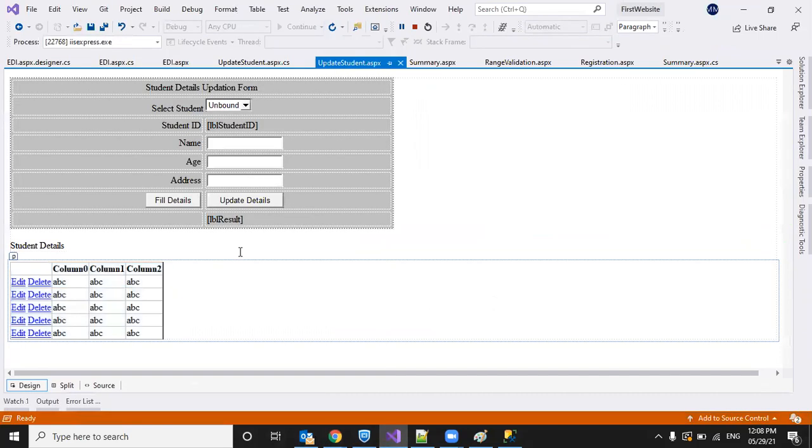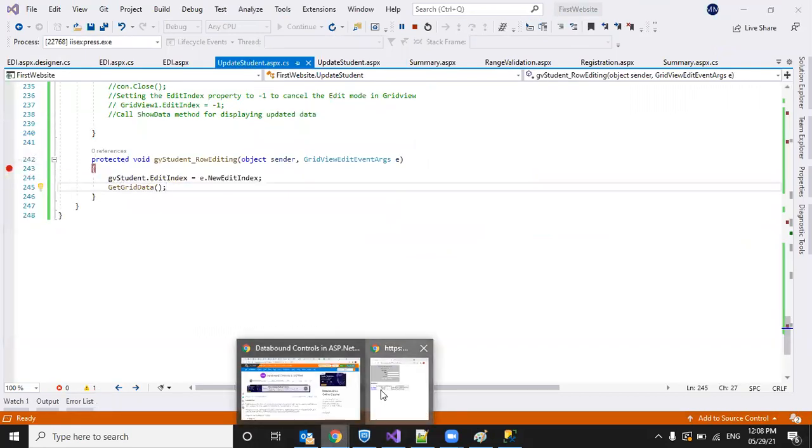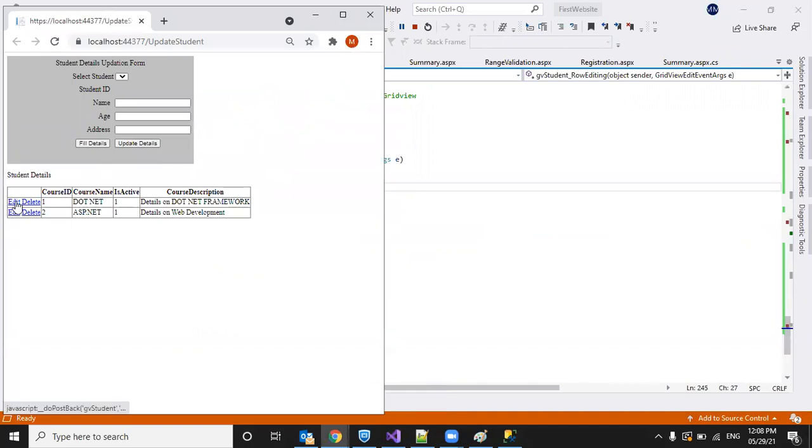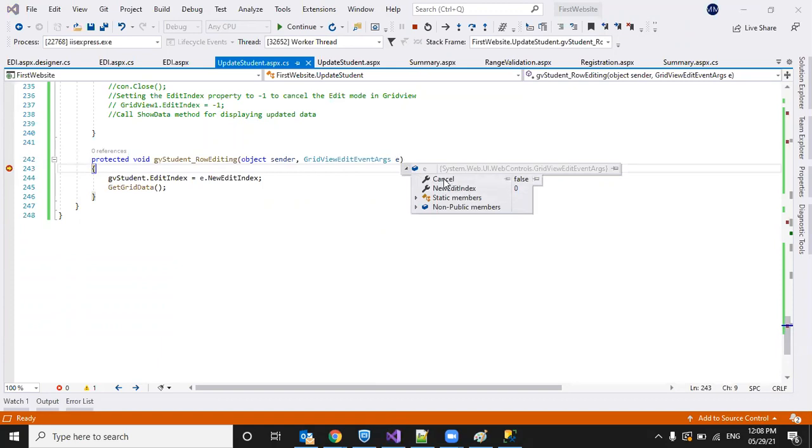To show it clearly, I'll put a debugger here. Now clicking on the edit button. So the row editing event is fired. If you see the event arguments, Cancel is false, I did not click cancel.